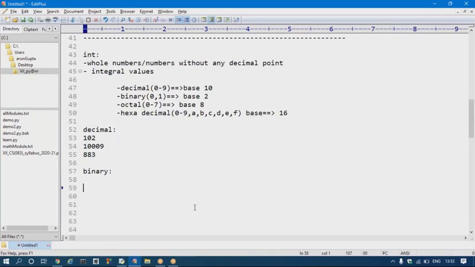If I am talking about binary in Python, binary can be represented with the prefix 0b followed by a combination of 1 and 0 only. We can use either small b or capital B, and combination of 1 and 0 only, right? If I'm talking about octal